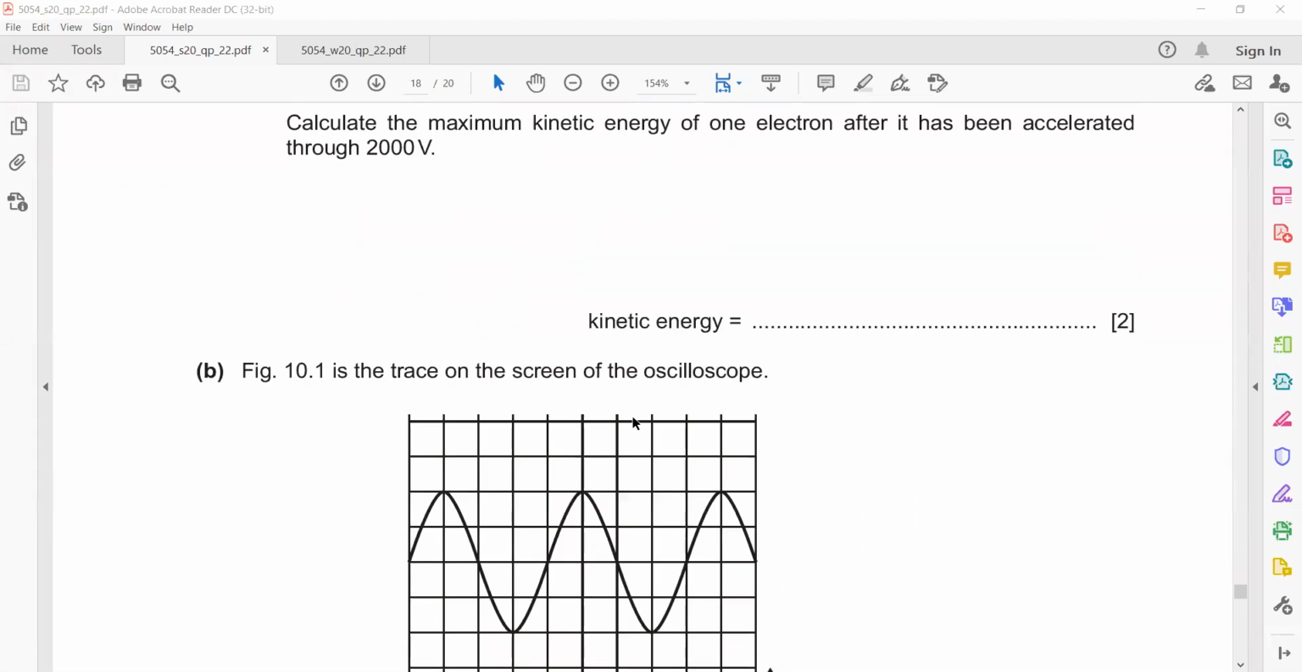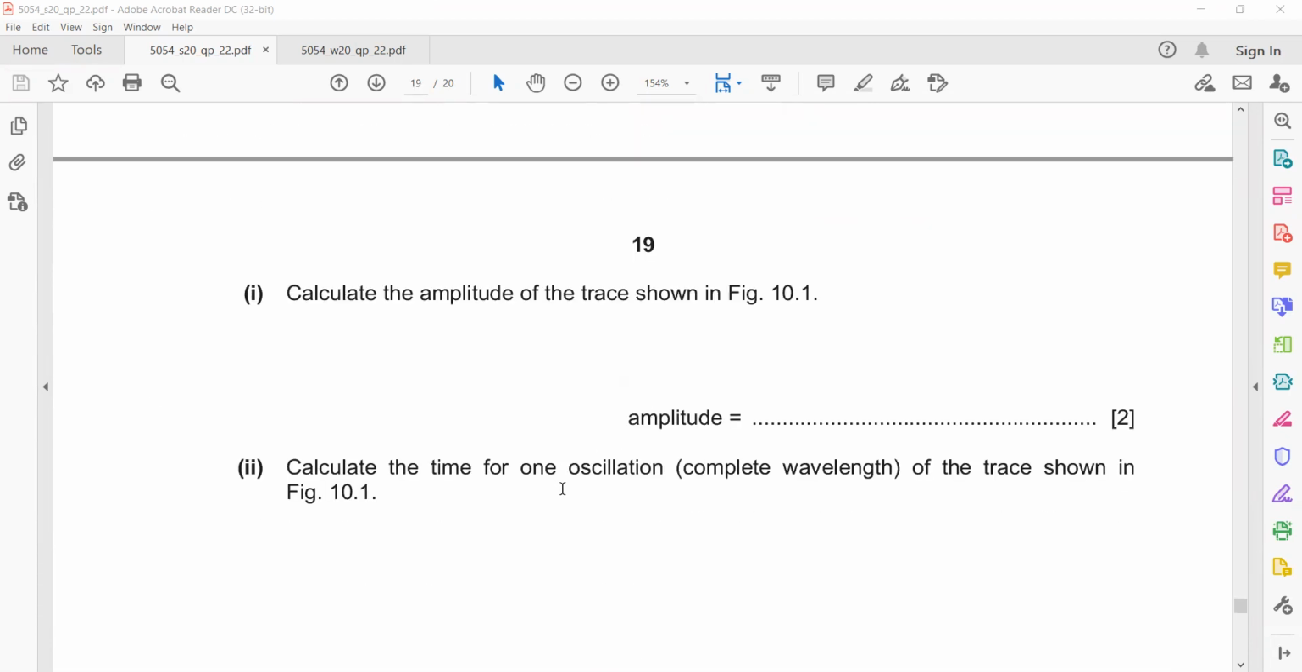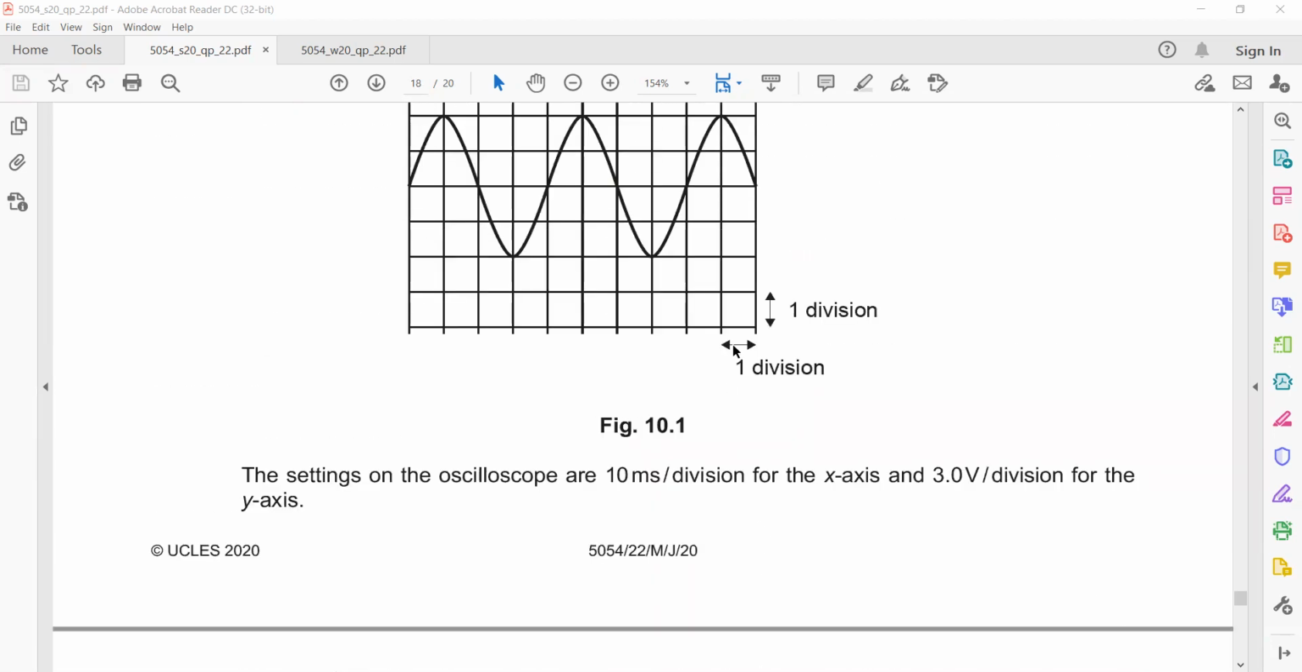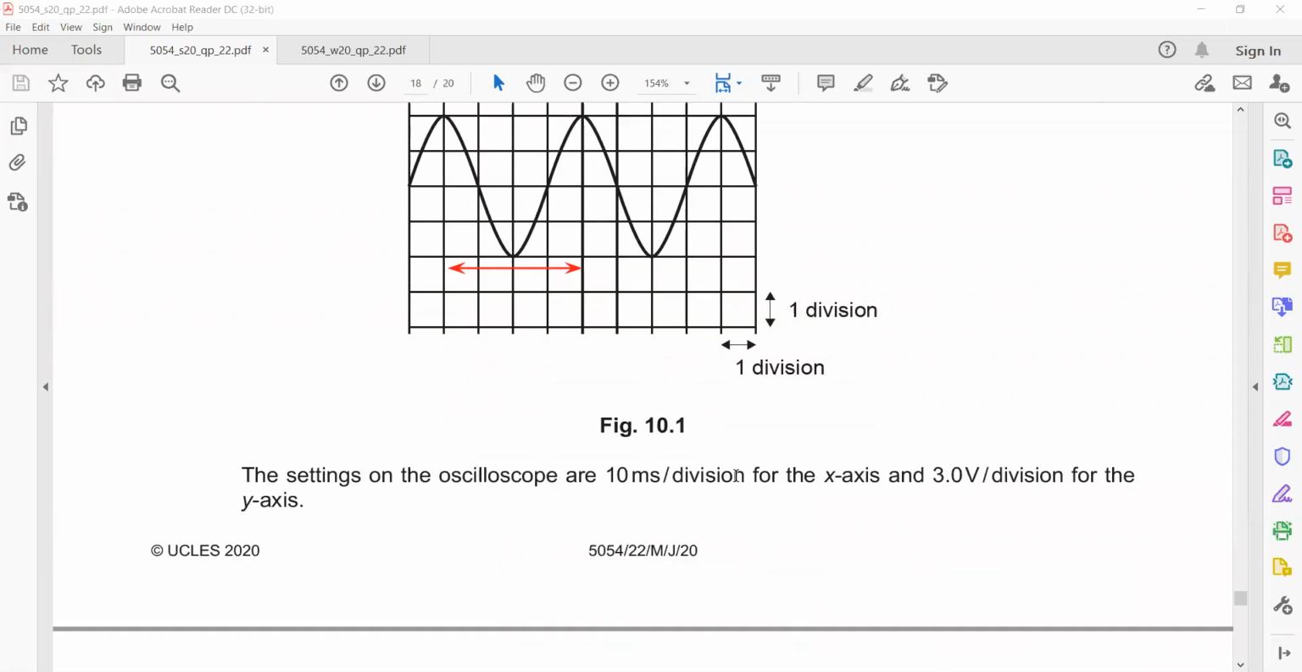Then 10 part B2. Calculate the time for one oscillation, one complete wavelength. So the time to complete one oscillation, how many boxes are there? 1, 2, 3, 4 boxes are there, and each box stands for